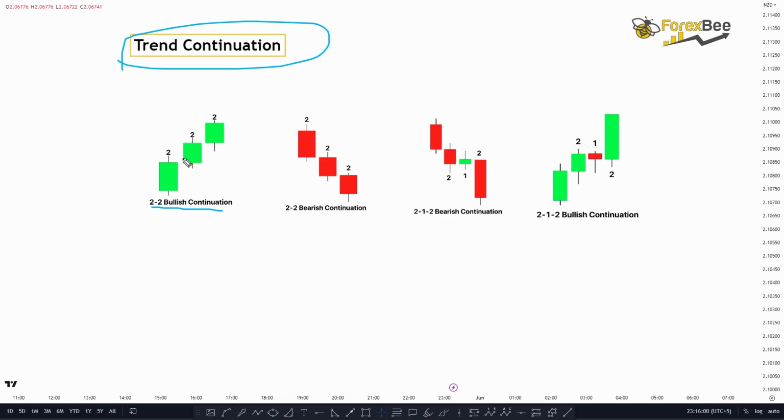So this is 2-2 bullish, which means that the high of this first candle is being broken by this trending candle, and then again the high of this trending candle is being broken by this next trending candle. So this is 2-2 bullish continuation, which tells us that previously the market was moving in the bullish direction, and after the formation of this pattern the market will continue to move in the bullish direction. And similarly, this is the 2-2 bearish continuation, which tells us that previously the market is in bearish trend, and